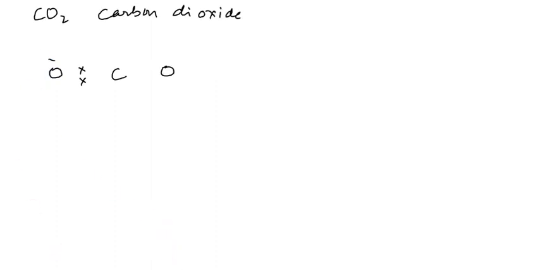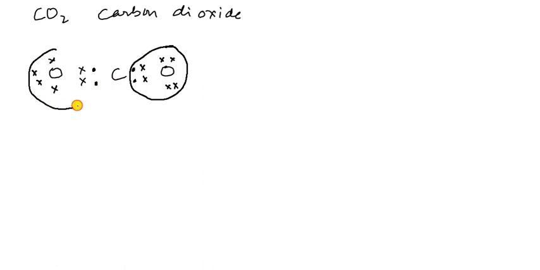In carbon dioxide, oxygen, and now carbon and 1 oxygen is here. Carbon has 6 electrons in the outermost shell, so this is the symbol of six electrons. So here is 1, 2, 3, 4, 5 and 6. And what about this? You can see here it is 6 also.